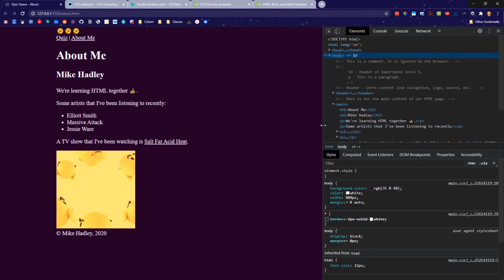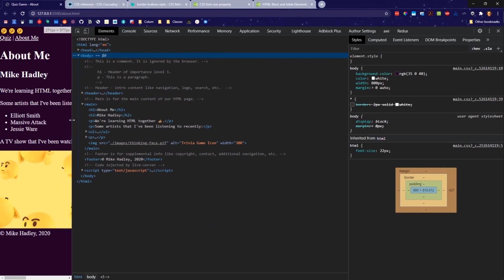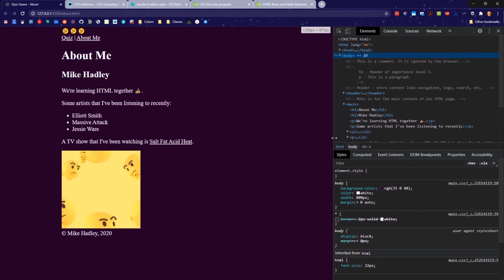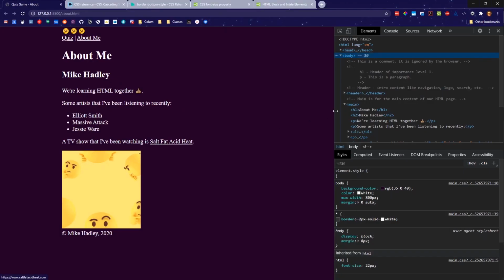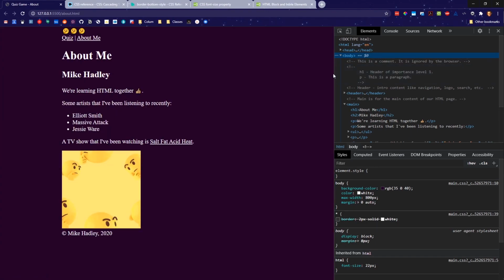But what happens if this is viewed on, say, like a mobile device where the window is really small? In that case, the width is not actually a useful value to set. And we might actually want to set the max width. So max width is a property that says, this can be anything up to 800 pixels, but it's allowed to be smaller. So here, now we have something that on big screens is 800 pixels wide, and as we go ahead and scale this down,